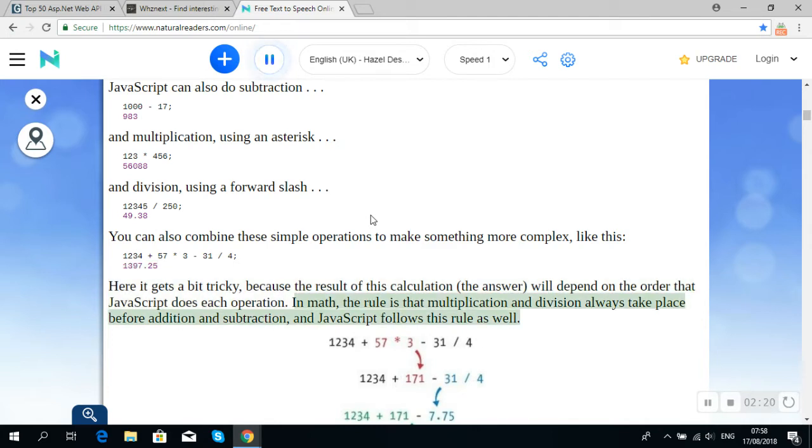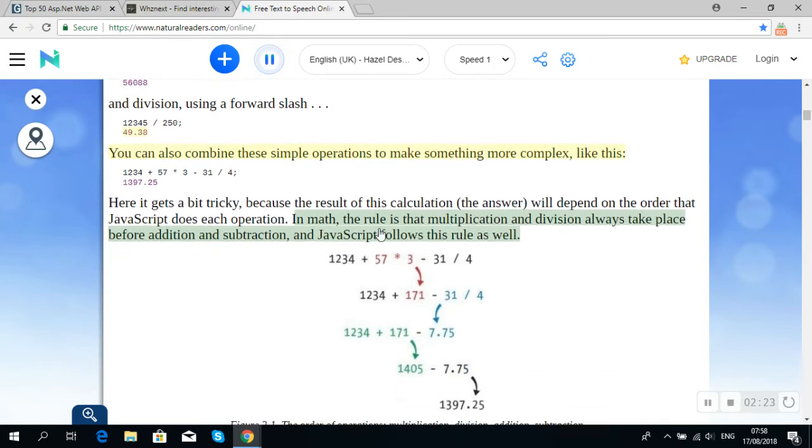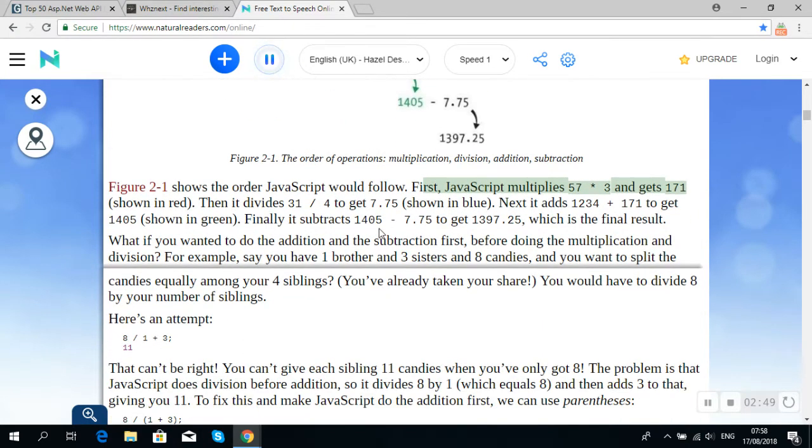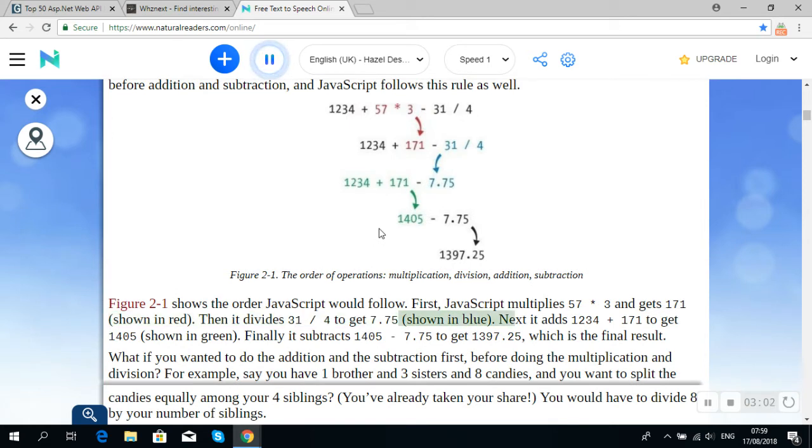In math, the rule is that multiplication and division always take place before addition and subtraction, and JavaScript follows this rule as well. Figure 2-1 shows the order JavaScript would follow. First, JavaScript multiplies 57.3 and 3 and gets 171.9, shown in red. Then it divides 31 by 4 to get 7.75, shown in blue. Next it adds